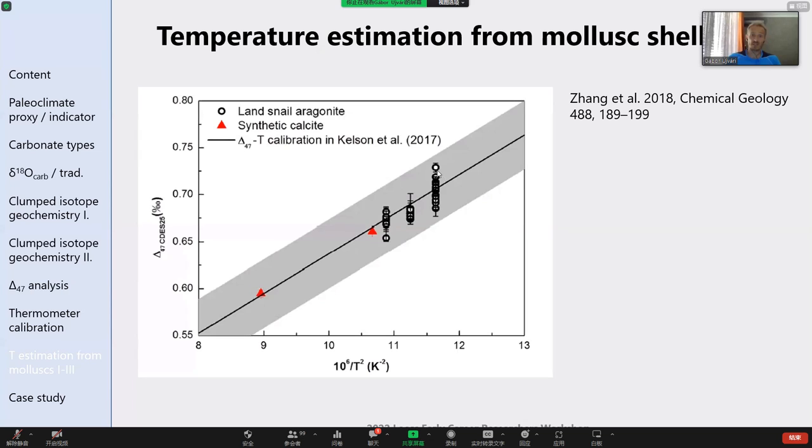And they found and confirmed previous results that these shells form at climate isotope equilibrium, and they don't really show vital effects, at least in the laboratory. And the delta 47 values fit the delta 47 temperature calibration of Kelson, which was the latest calibration at that time. And this is very good news, I think, for the use of mollusk shells to reconstruct temperatures in